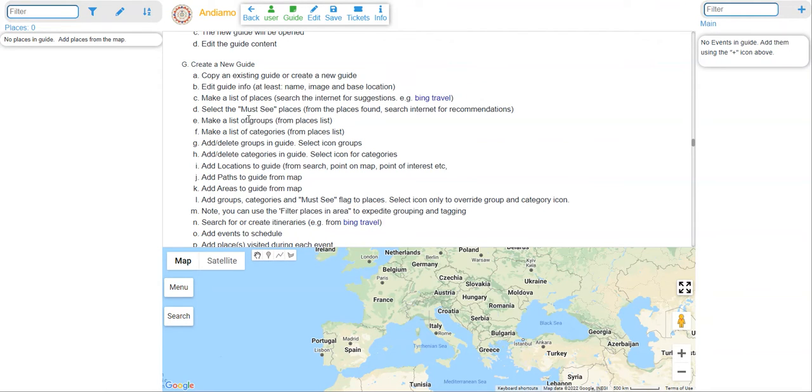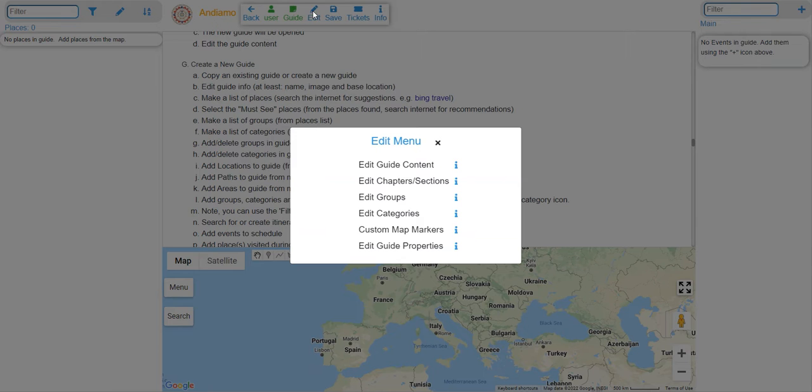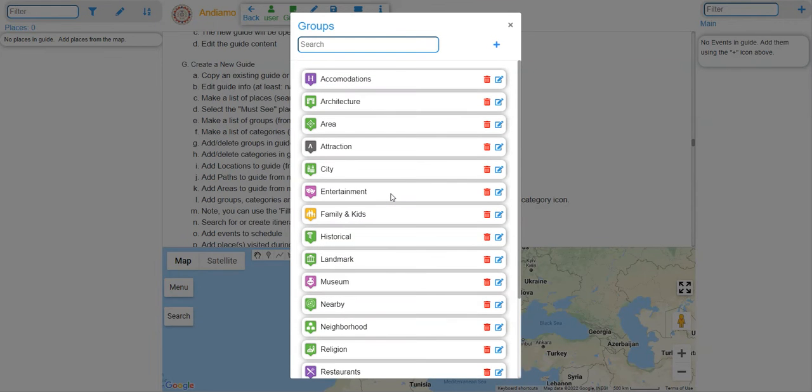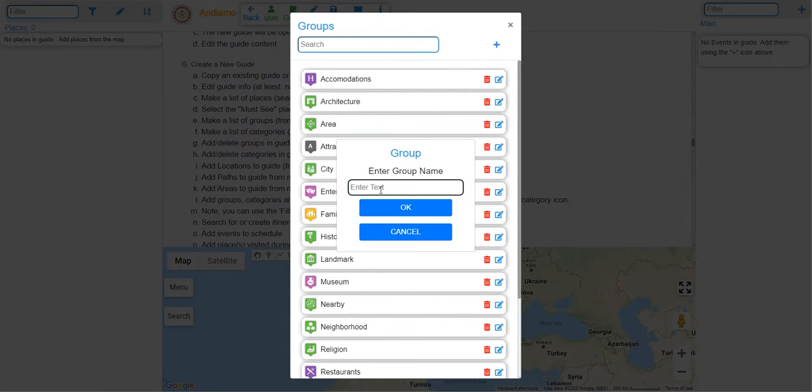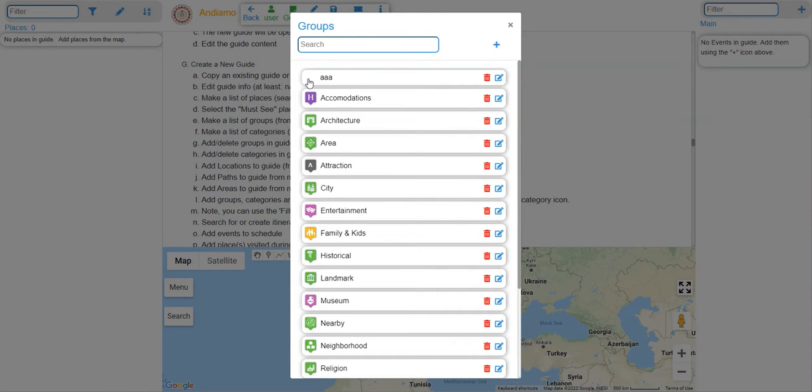So again, we want to tag each place with a category or a group, or both. So here the guide already has some predefined groups. So if you're lucky, the groups that you need are already here. But obviously we can't have all possible groups. But you can add your own. You can add a group, give it a name that you prefer, and then you can select from a specific, let's do that, we'll name it like that so it shows up, and then you can